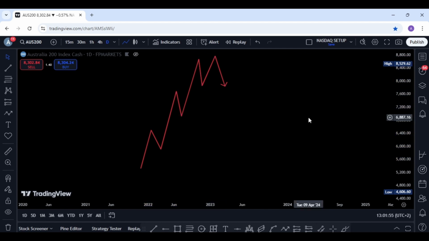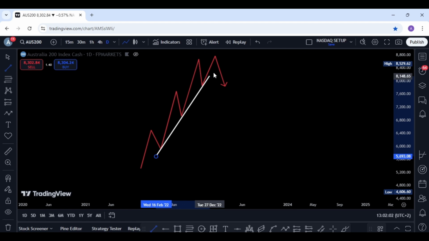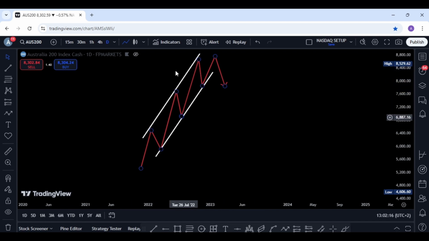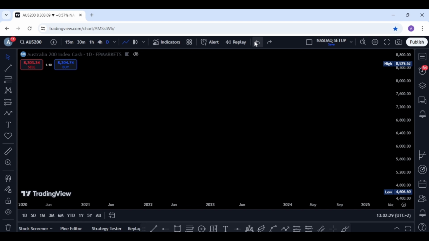So before taking any trade, I like to confirm things. I like to confirm whether I'm seeing them so that I can take trades with confidence. Let's say I'm seeing this on a daily time frame. This is what I would do so that I can confirm indeed the direction is bullish, and you can see indeed the price is bullish. Okay, so this is the uptrend, and now we are going to the downtrend.